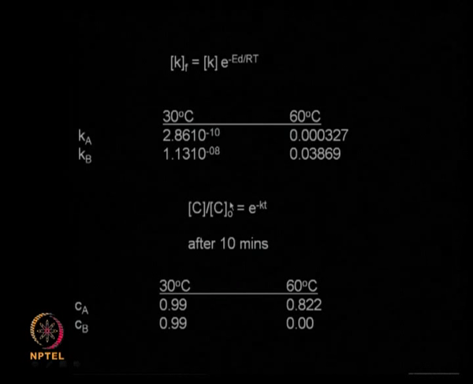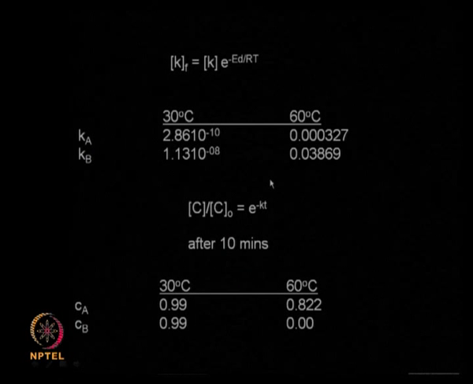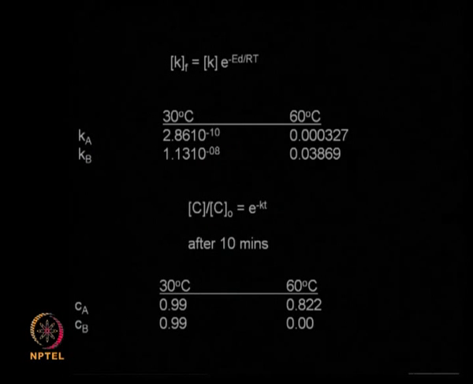Now I have mentioned that the deactivation follows first order deactivation kinetics. For a first order reaction, this is a typical equation, you must have all studied this long time back in your reaction kinetics. So C by C naught equals e power minus kT, T is your time, K is your first order rate constant, C naught is your initial concentration, C is your concentration at any time, correct. So all we have to do is we put T as 10 and K will be either this or this